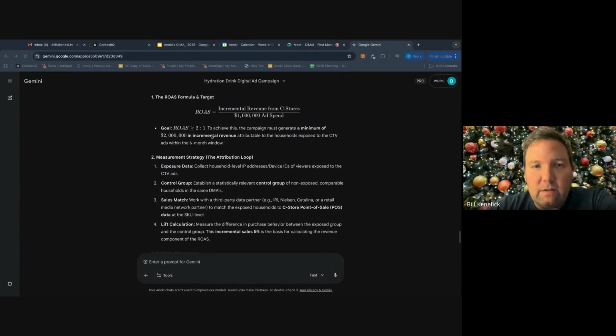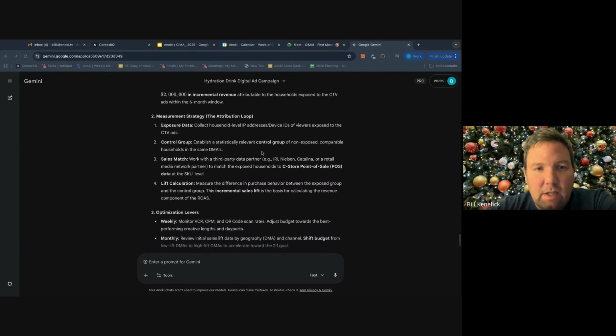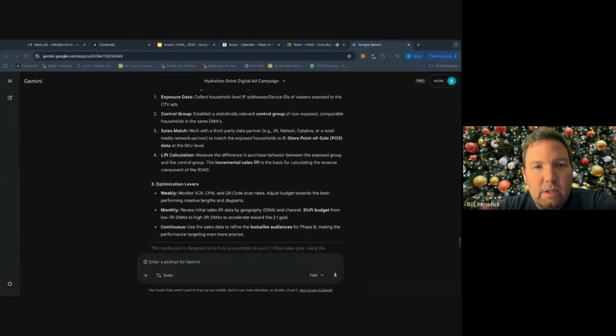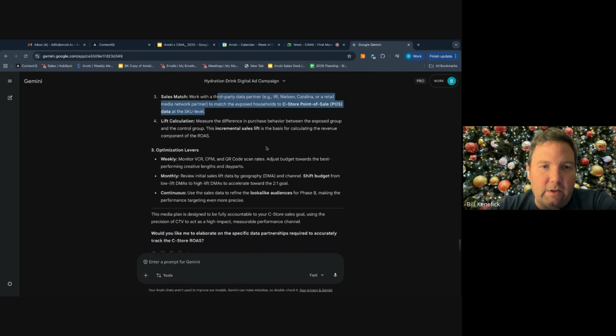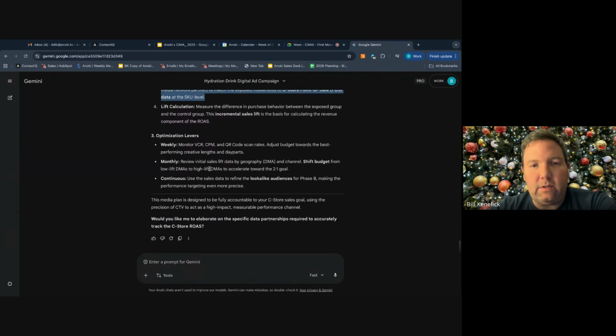It needs to attribute it, and it's pretty good. It's saying someone else needs to measure it, which is true, and then you need to calculate it and then manage it. So yeah, not bad. I do see the benefit of setting the parameters, 100%.